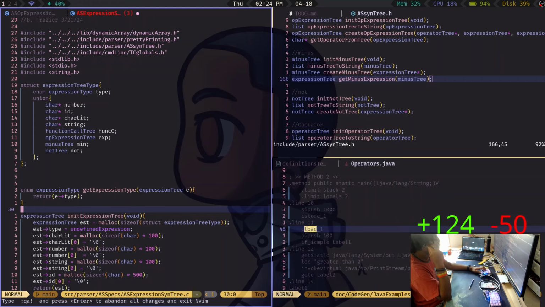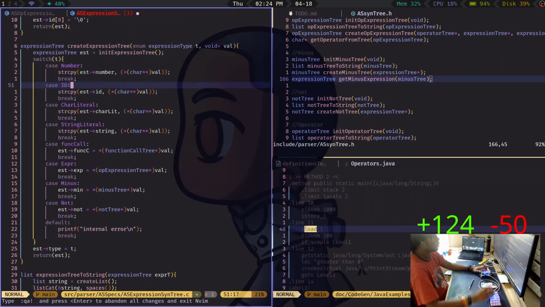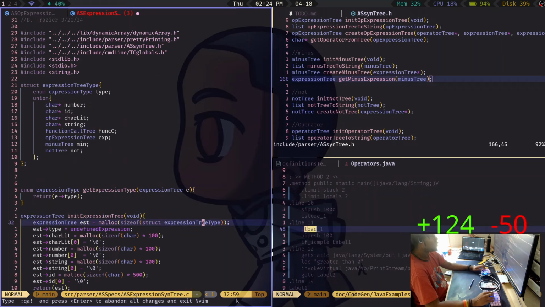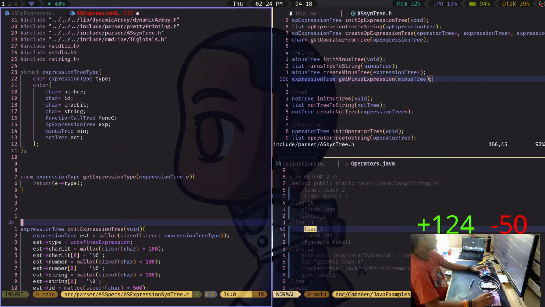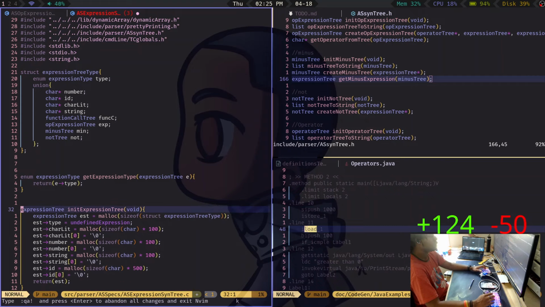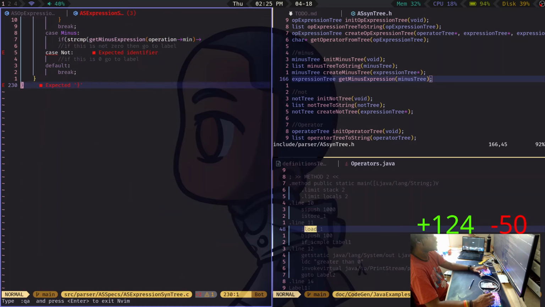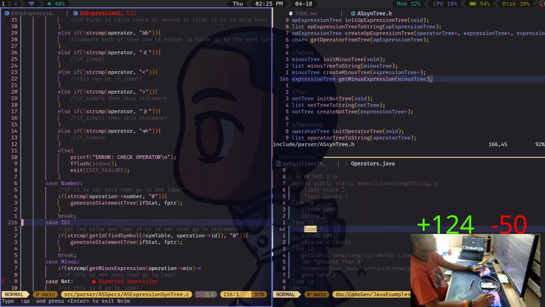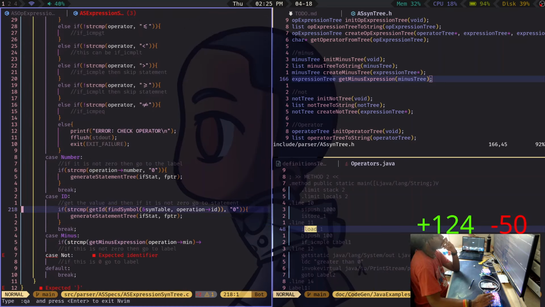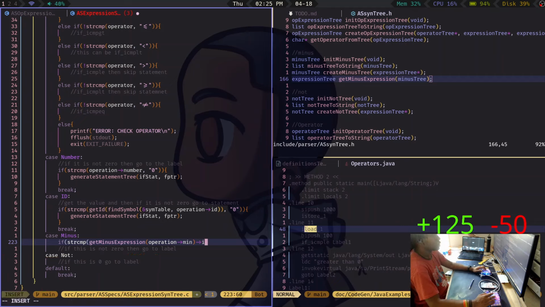What if instead, what if we say, I don't know if this is very efficient, but no, because you don't know what to return. Well, it all has to be int anyway, so.